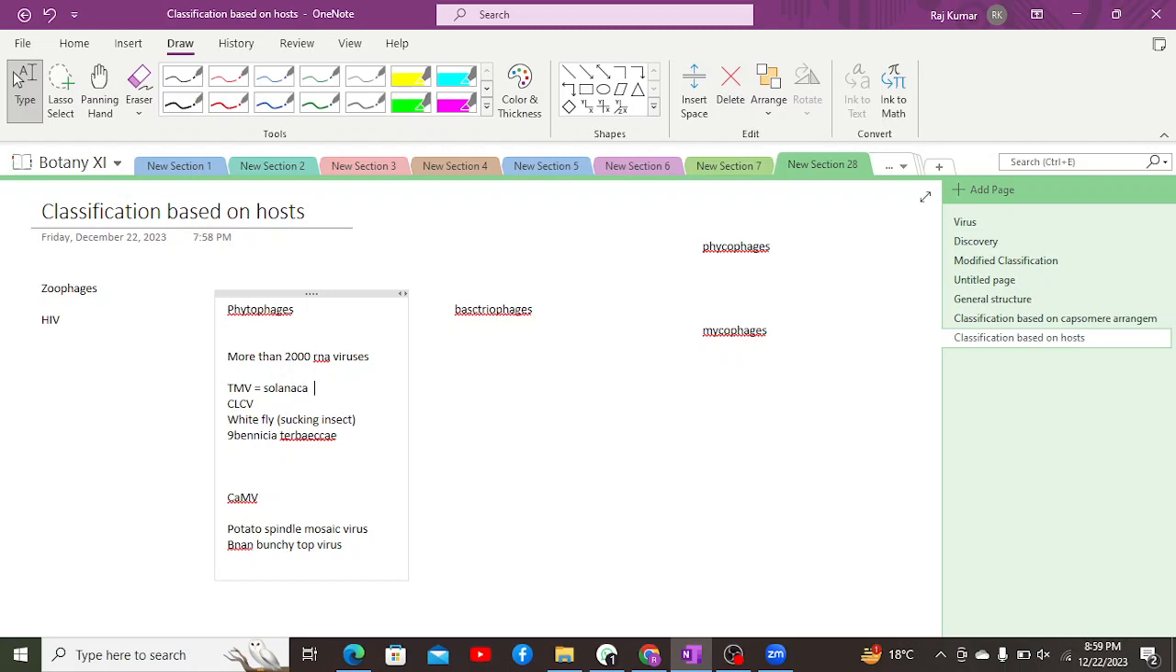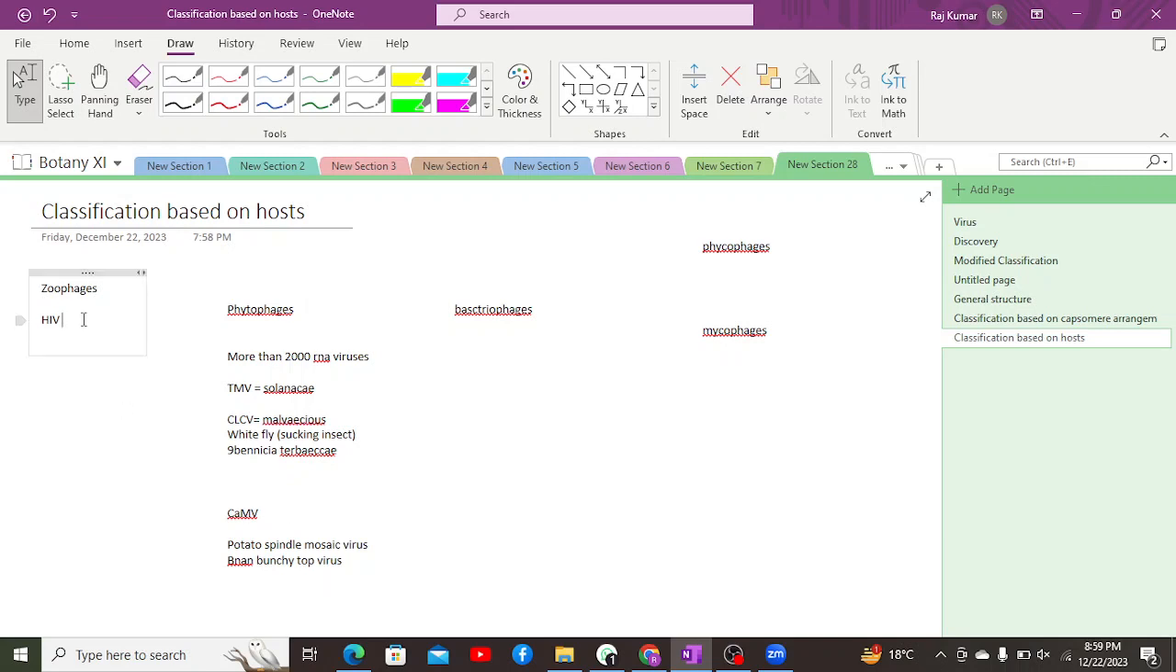These only infect tobacco, only tobacco plant and other solanaceous plant. Likewise, cotton leaf curl virus can infect cotton plant and other family plants such as melanaceous plants. Likewise, there is